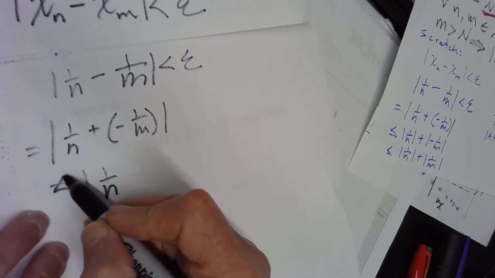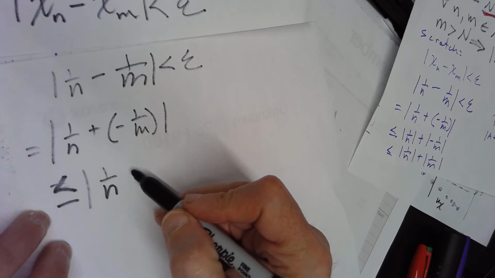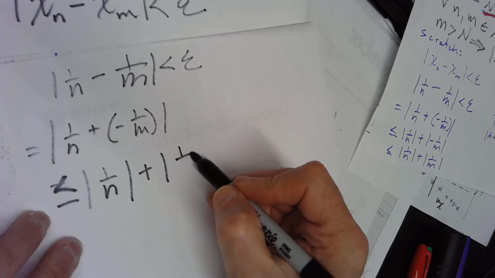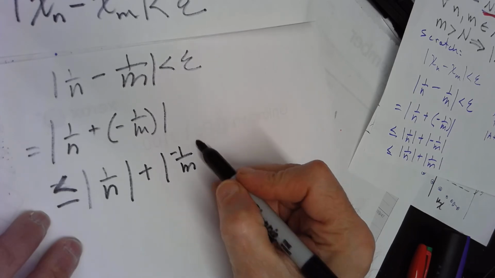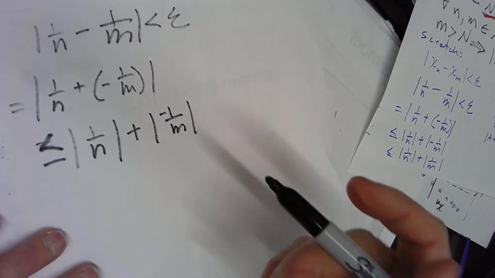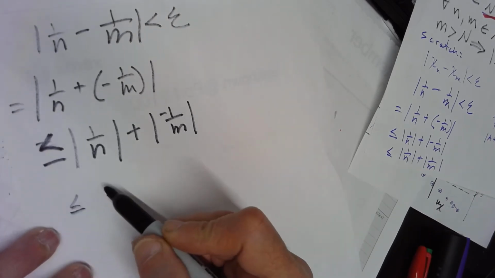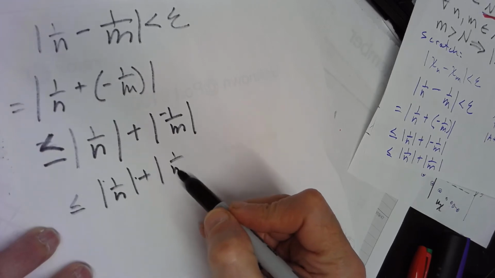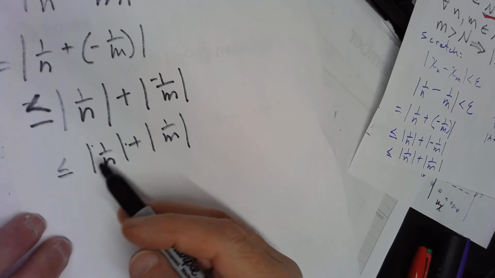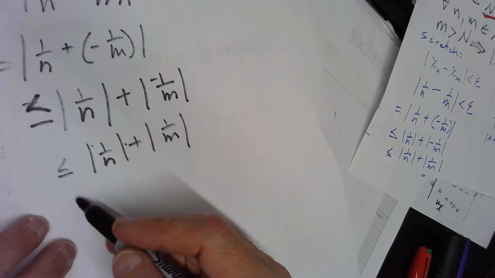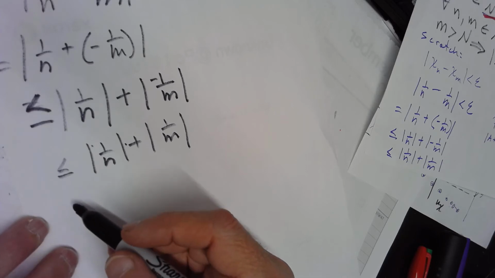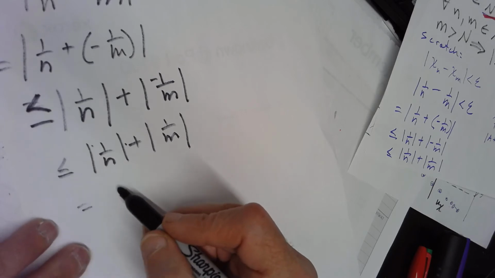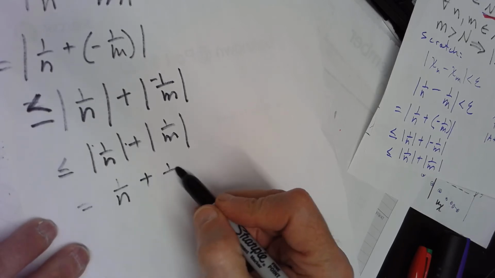So now this would be less than or equal to 1 over n plus the absolute value of negative 1 over m, and so that becomes positive. So that's the absolute value of 1 over n plus the absolute value of 1 over m. And so because these are always going to be positive, we can drop the absolute value, and so from there this is going to just be 1 over n plus 1 over m,